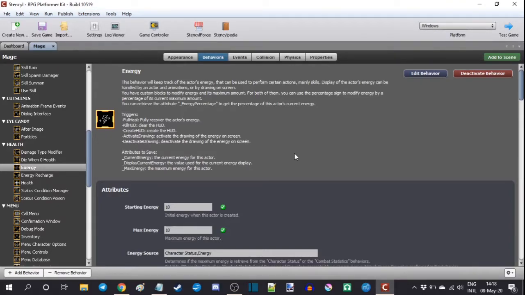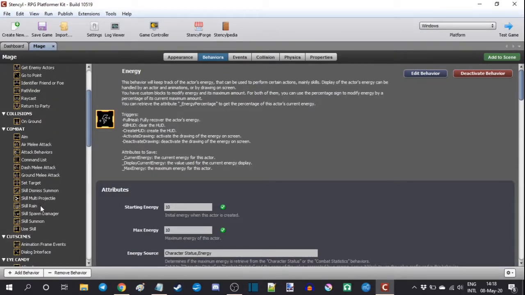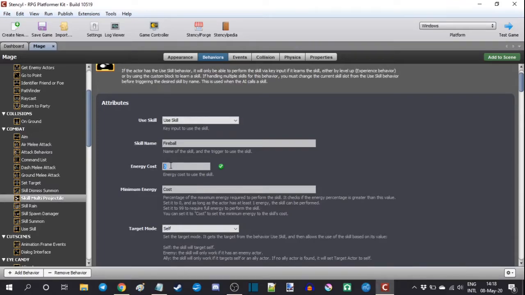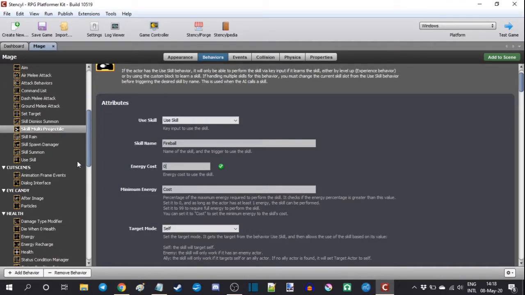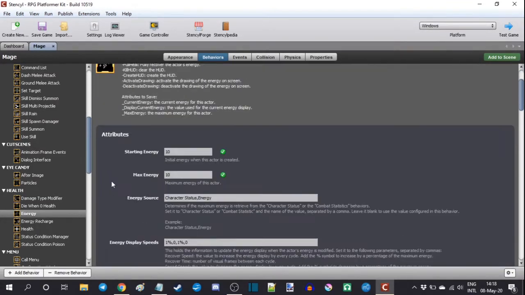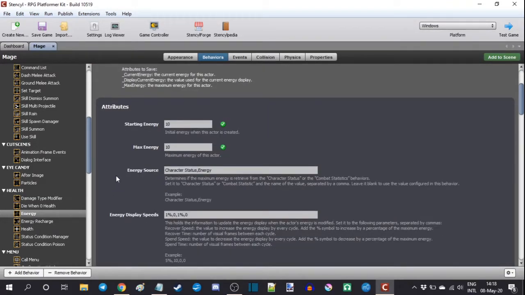So I decided to show a bit of what I want to work on today, just because. Anyway, I have an energy behavior that I use for special skills. So if an actor, in this case, uses the fireball skill, well, it's got 0 here, but anyway, I can select a skill cost and the actor uses that as ammunition. And that's all fine and handy, but